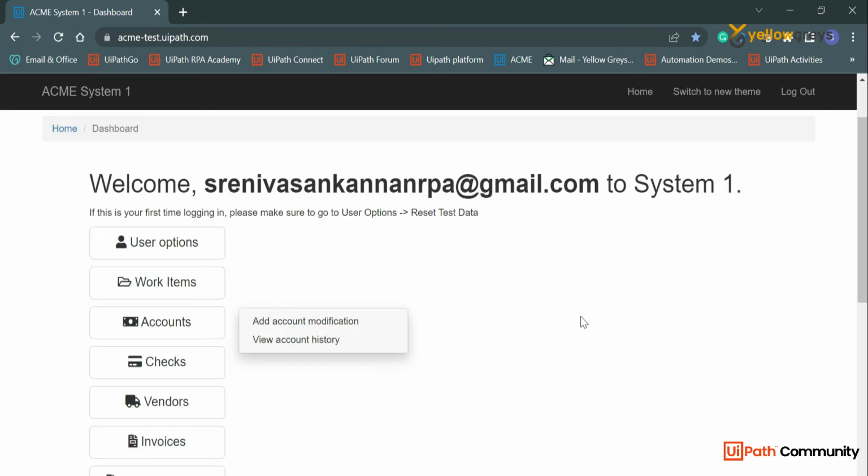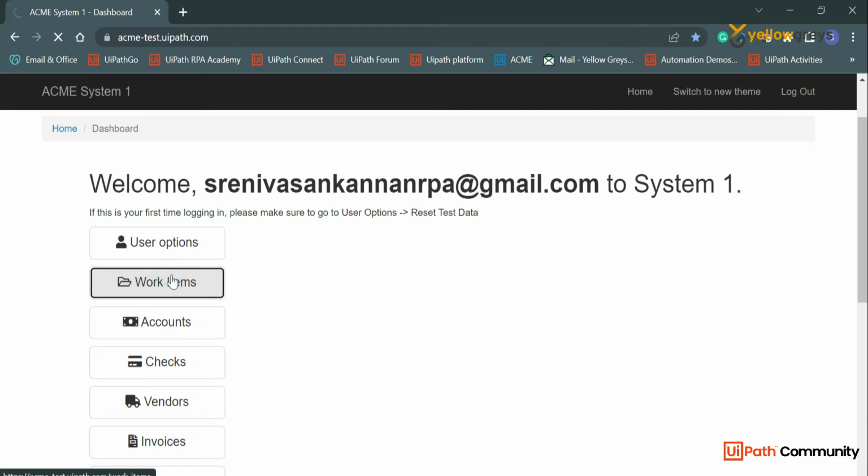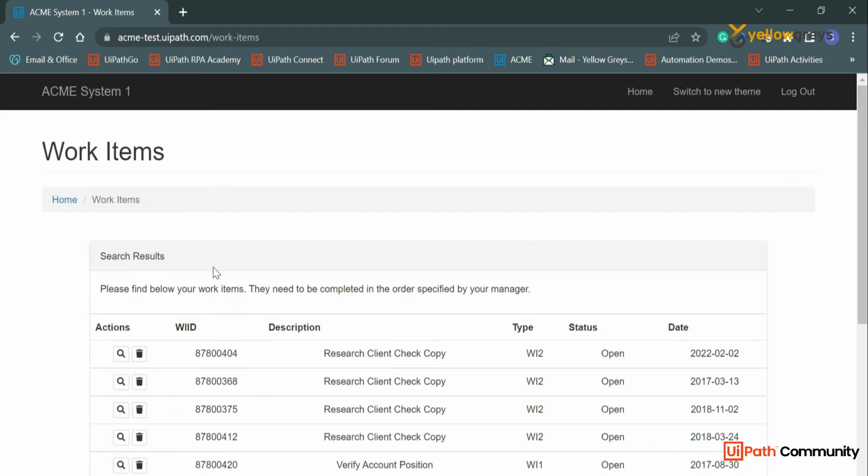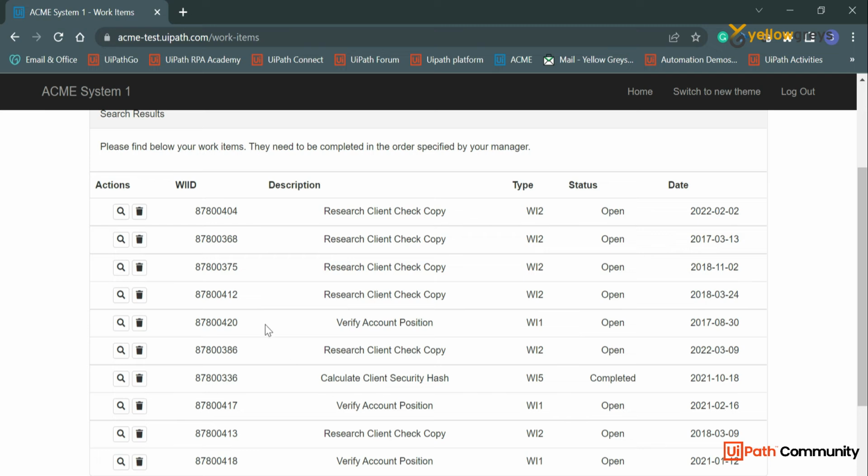Here we need to click on this work item, and in this work item you can see a lot of information: the WID, description, type, status, and date. We are not going to follow the tutorial which is available in UiPath, and there is also no ReFramework concept to upload the tutorial. That is not this one, and I'm going to cover it in a different way to understand both the dispatcher and